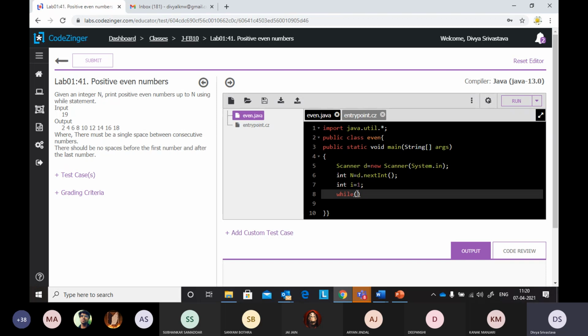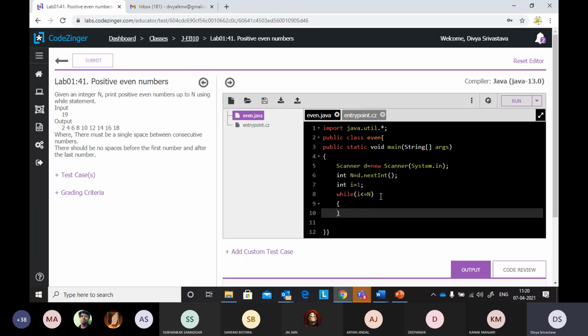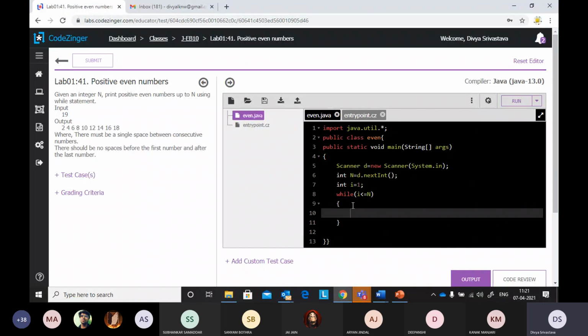Till n. So i <= n. We will not put a semicolon here, because if we put a semicolon here, it will mark the end of the while loop, whereas we don't want to end it here, we want the while loop to keep looping. What should be my condition to check whether a number is even or odd? How do we check whether a number is even or odd?